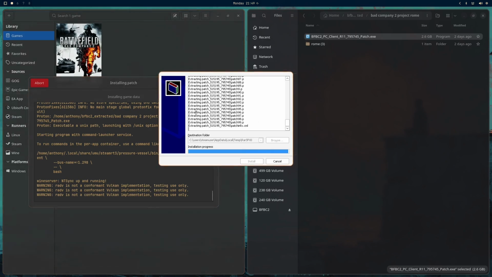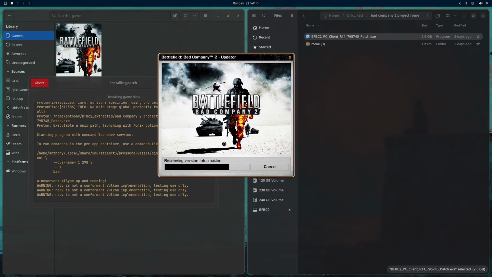Let this go through its thing here, and here is the patcher. So it shows that my version is 5.15.195. Latest version is 7.95.745. So that is the version that you want to be on. That's the RC11. So just click yes, and wait for this to finish. Takes a couple of minutes. Once it's finished, it'll say that it's finished. Do you want to start the game now? Click no,